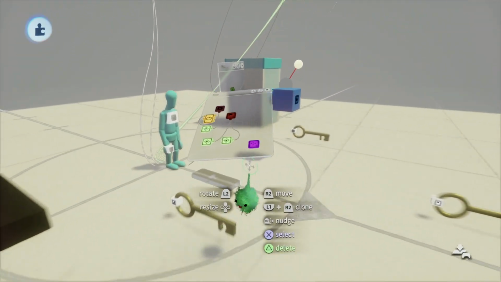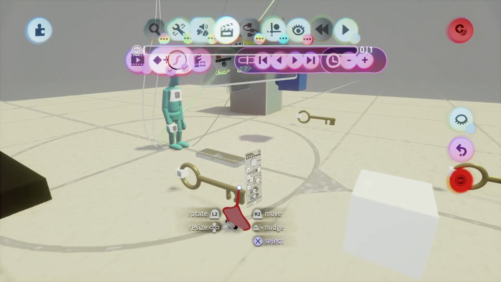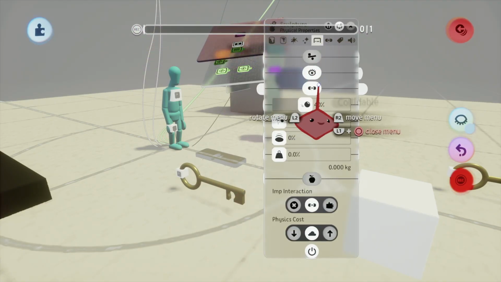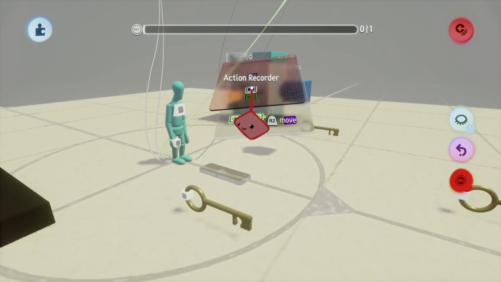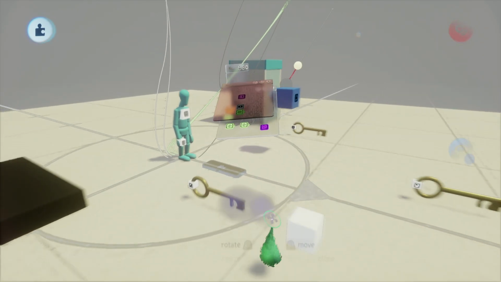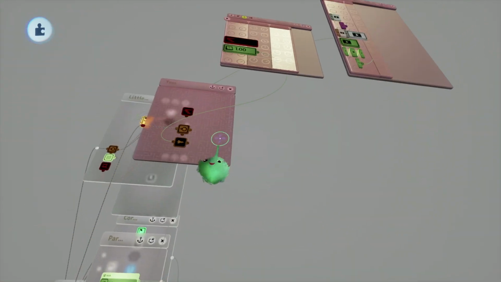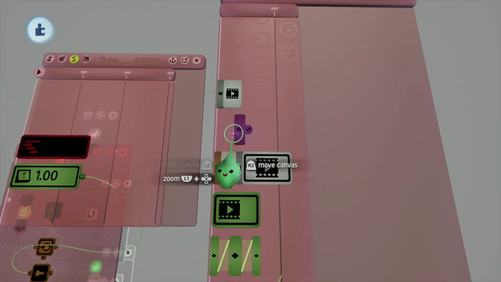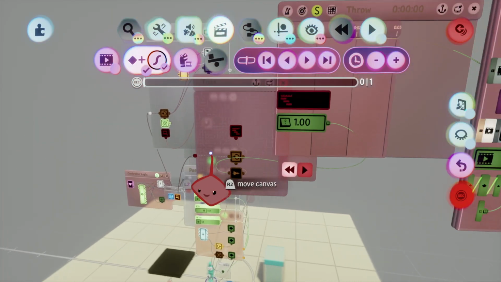Oh, one other thing, going back to the key, I just want to check it. Something you might do is make the key non-collidable when you're holding it with this little action recorder. Because this will be active, it'll be non-collidable. Just something I advise doing, just in case. Next we have this, which is the pose off